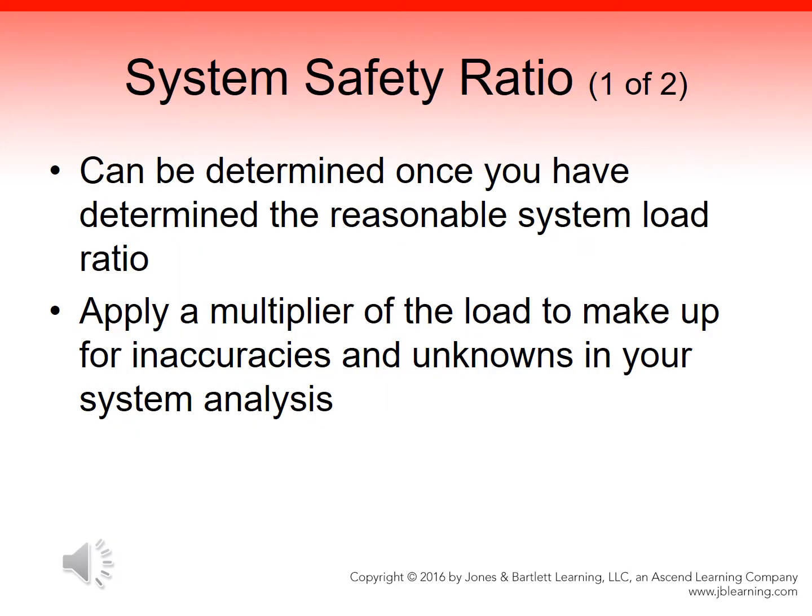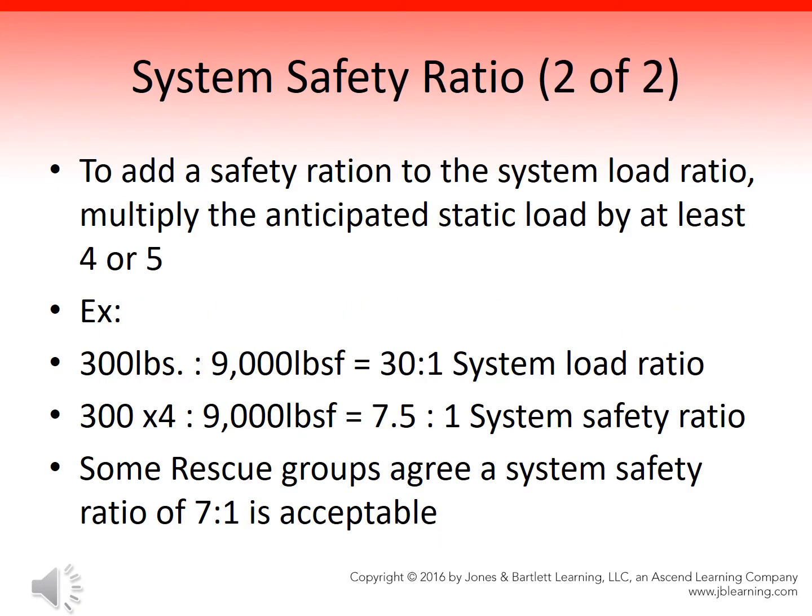System safety ratio. This can be determined once you have determined the reasonable system load ratio. Apply a multiplier of the load to make up for inaccuracies and unknowns in your system analysis. To add a safety ratio to the system load ratio, multiply the anticipated static load by at least 4 or 5. For example,